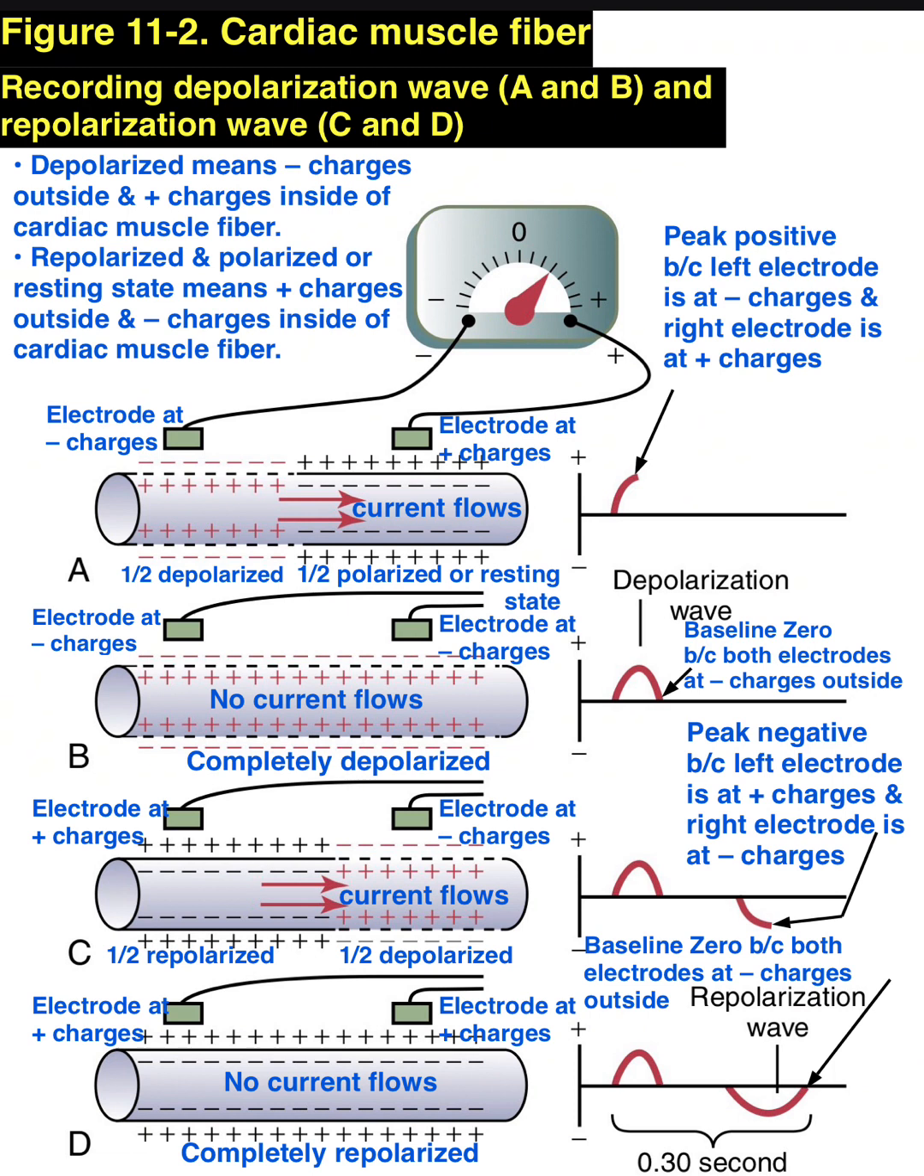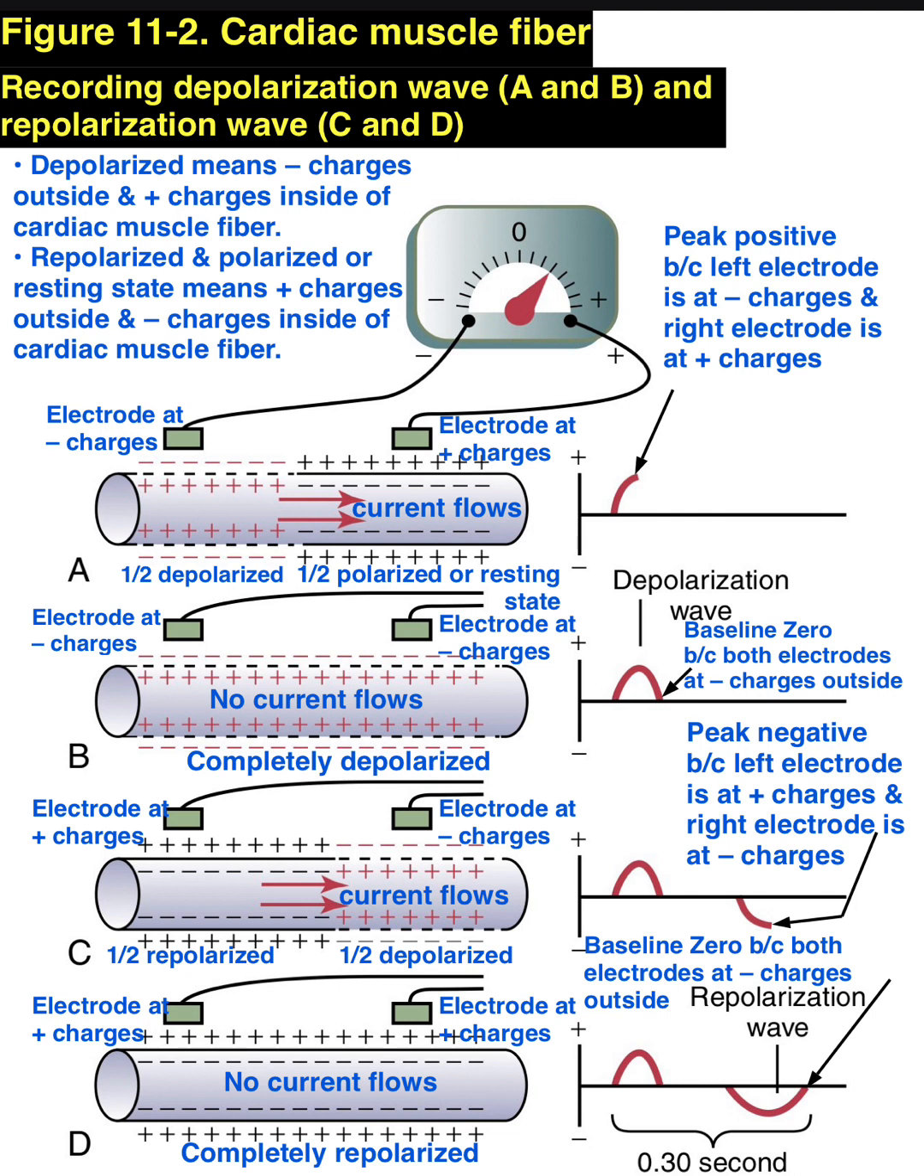Let us move to cardiac muscle fiber C, which is half repolarized on the left side and half depolarized on the right side, and current is flowing. The left half repolarized segment shows positive charges outside and negative charges inside, and the right half depolarized segment shows negative charges outside and positive charges inside. The right side of the diagram shows peak negative, and the left electrode is at positive charges and the right electrode is at